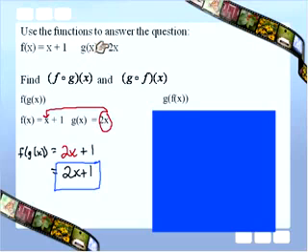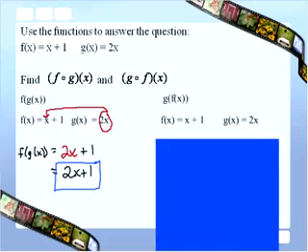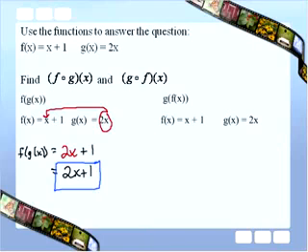Now we have to be careful here because this is 2 times x. So I'm going to be taking 2 times this quantity, x plus 1. When I make the substitution, I have to make sure that I put parentheses around the x plus 1 because it's the whole quantity, and I want to show that the 2 is multiplying that whole quantity. So looking at the functions again, we will be taking function f, which is x plus 1, and we will be replacing the x, so